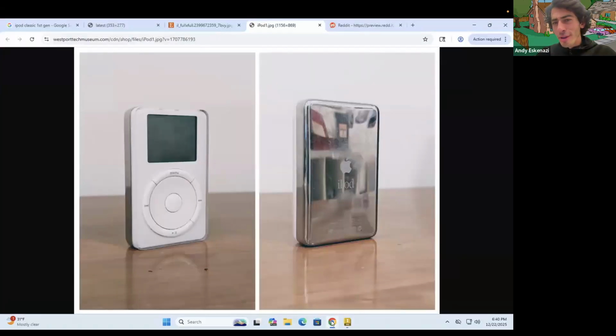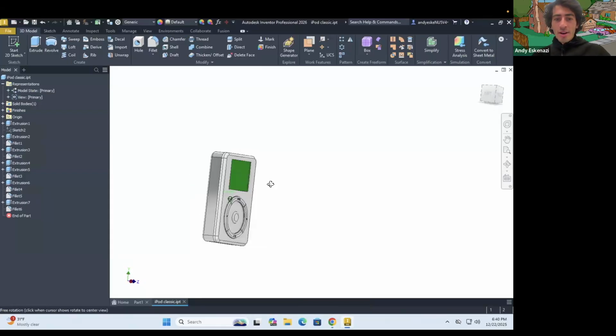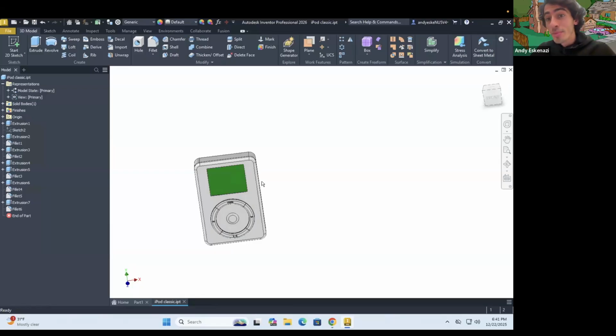Looks more like a Game Boy than something else. But I think this is fine. So one thing that I want to add, as you can see from here, is the word iPod. That's actually very simple to do. You could free draw it, or, as a preview for what's going to happen next week,